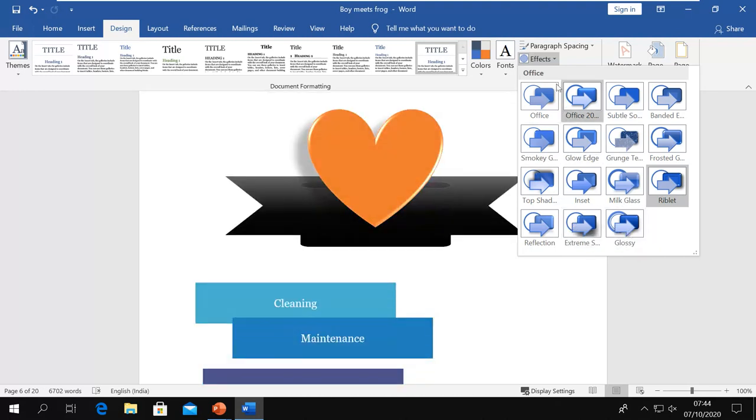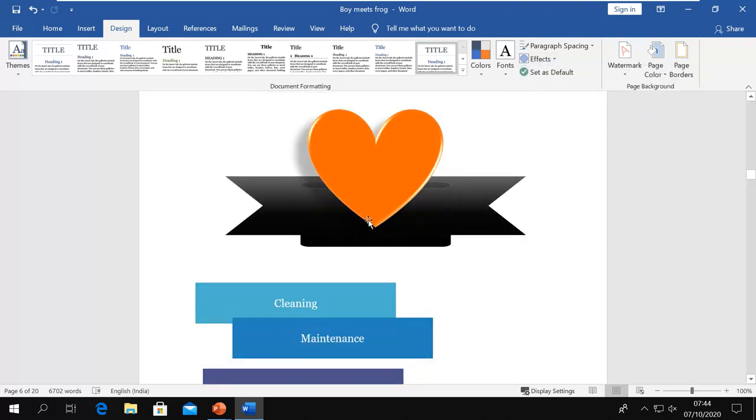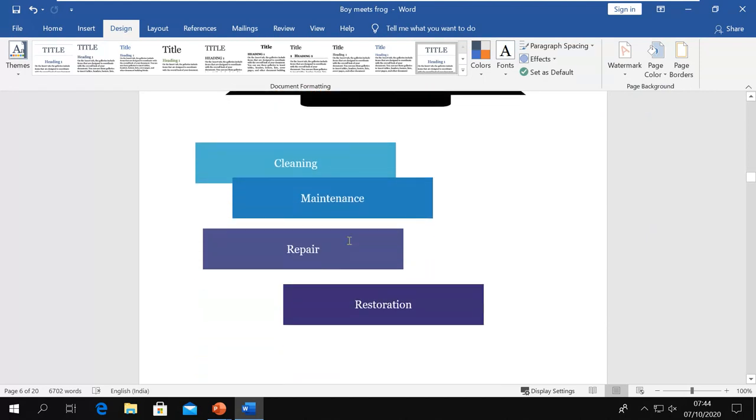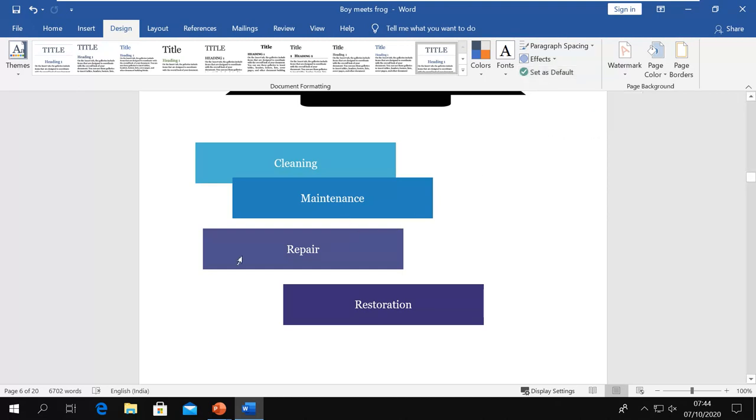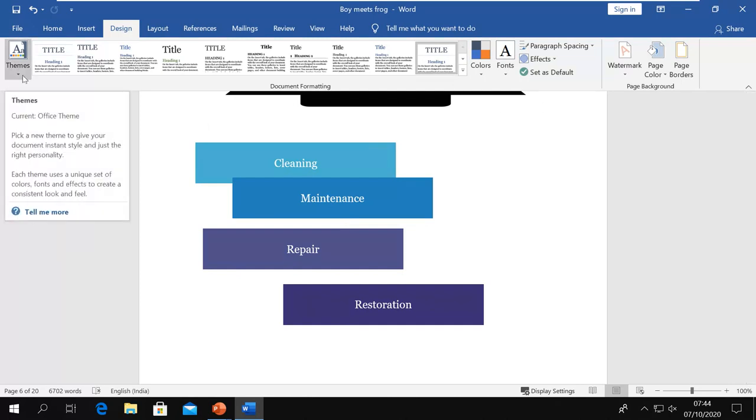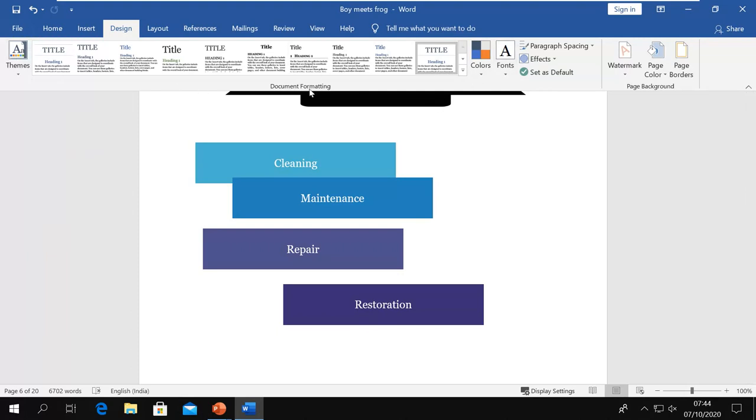So you can change every shape you have in your document at once with this theme, and after designing your theme you can save it as a default. So the next time, in any other document where you want the same theme, you can open it from here and get it. So this is what this document formatting group is all about.